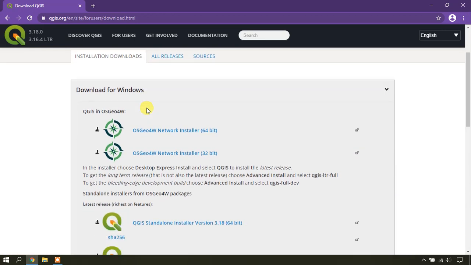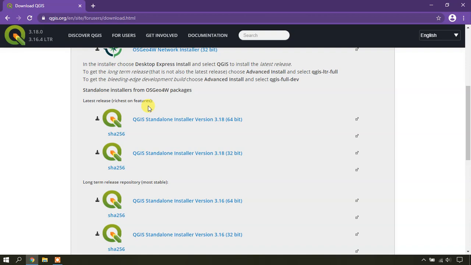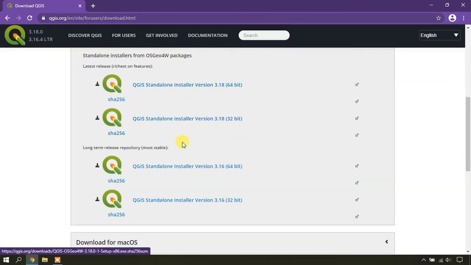If you scroll down, you can see two versions available. One is the latest one, 3.18, which is available in both 32 and 64 bit, and the most stable version is also available, which is 3.16, also provided in 64 and 32 bit.